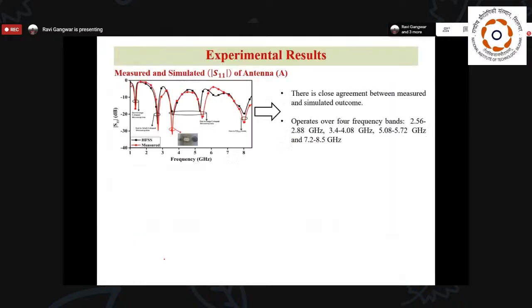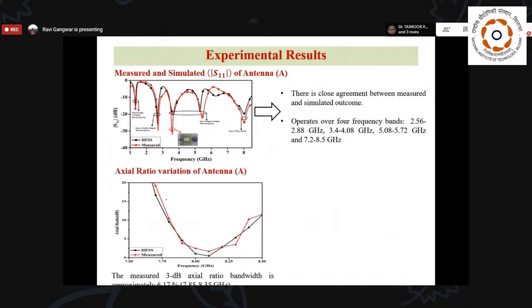Now, the experimental analysis. Here I have measured the fabricated structure and found very good agreement with the simulated values. We also get 5 different bands, generated by either the smaller C shape or larger C shape along with the dielectric resonator antenna. So this is a perfect example of a hybrid technique for generation of multibands. Then the axial ratio variation.